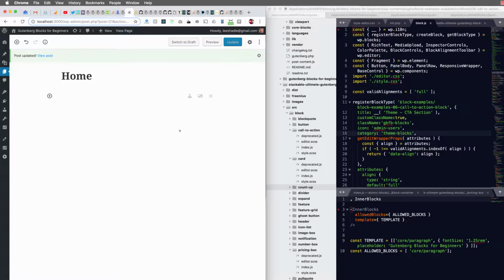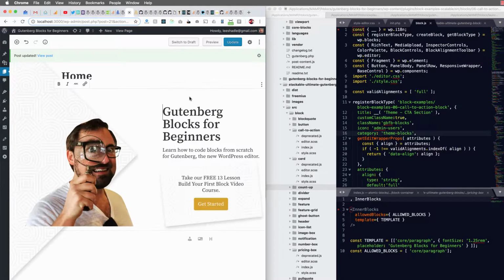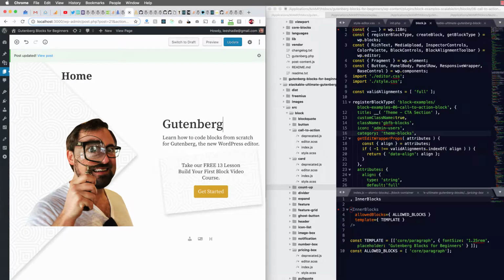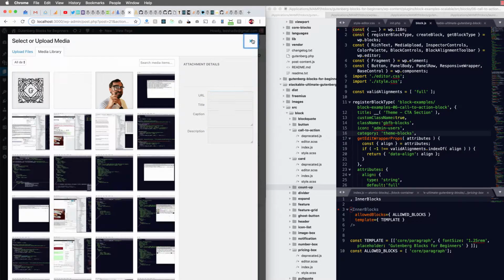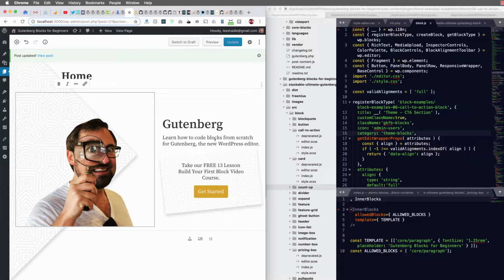Okay, so check this out. Here's my block that I built. It's for our new theme for our Gutenberg Blocks for Beginners course. And this is a block, so this is all editable. It's pretty cool. You can edit the image and everything. But the issue is that